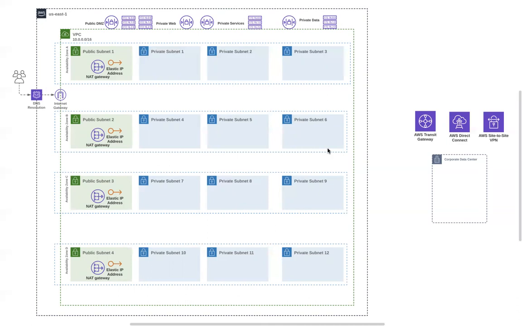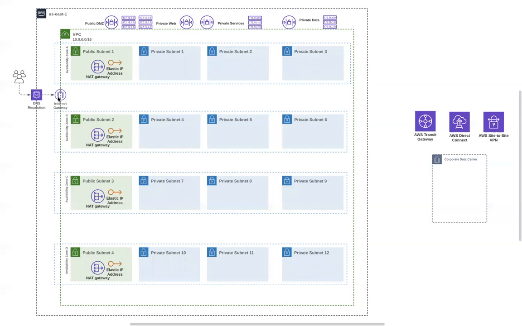And you can also have a highly available NAT gateway that sits in multiple public subnets. So in that way, if availability zone A, where you have a NAT gateway, goes down, you can still have a NAT gateway in availability zone B. You can still have a NAT gateway in availability zone C as a highly available NAT gateway architecture. The internet gateway is by default highly available and fully managed by AWS across availability zones.